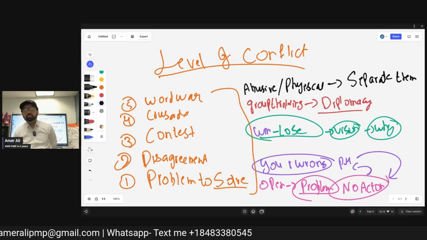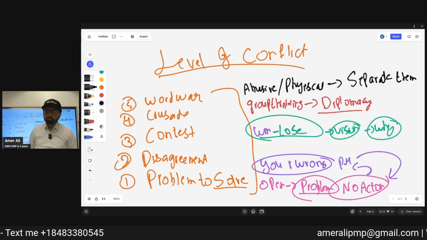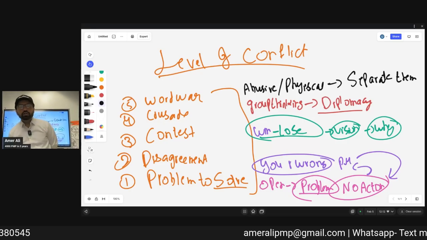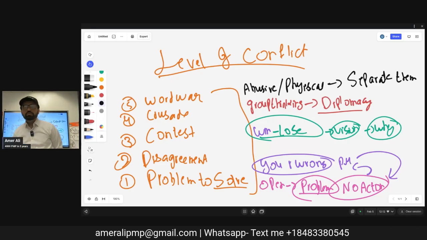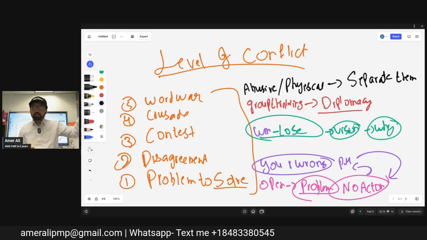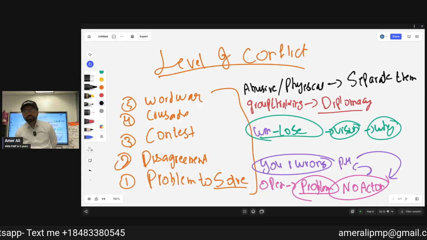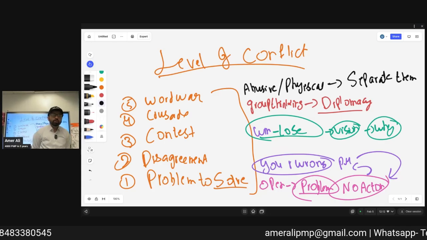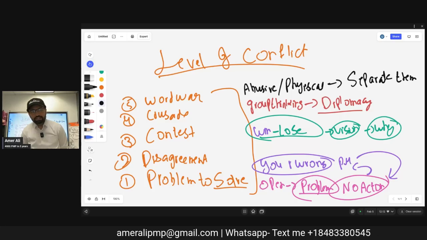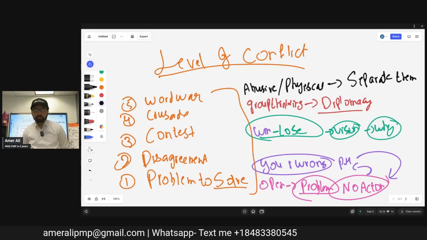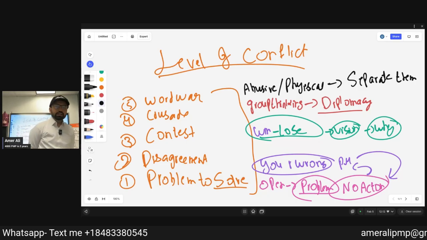Well, level 4 is crusade. It becomes grouping here. At level 3, it was individual. Now at level 4, it becomes you people have always done that, like your religious people have always done that. That is level 4. Level 3 is contest: you are wrong, and in order for me to get my way, I need to make sure you lose. Okay, that is level 3. So we are clear here.